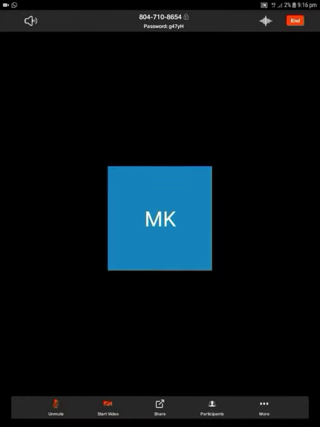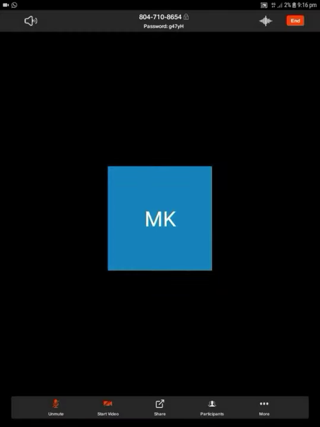Can you see here at the bottom, we have the options unmute, start video, share, participants, more. The first one is for whether whatever you are speaking should be heard by your participants or not. If it is in red color, it means it is in mute condition, so whatever you are speaking will not be heard by the participants. Next one is start video. Here I have just turned off my video. If you want to turn it on, you can turn it on.